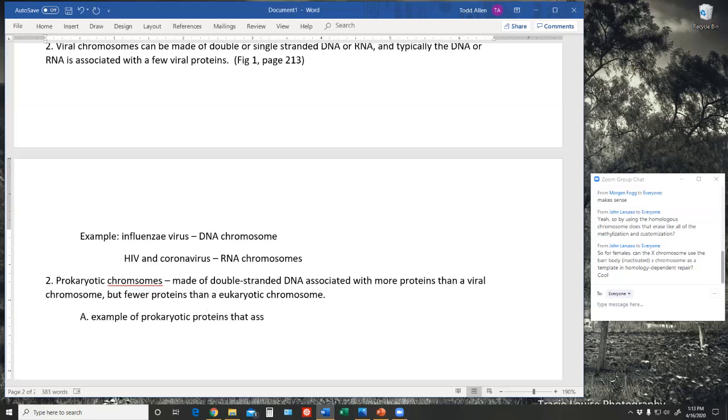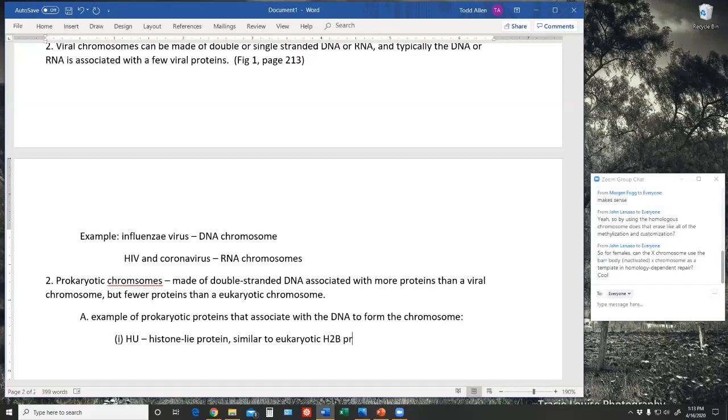That associate with the DNA to form the chromosome. This will not be an exhaustive list in any way, but prokaryotes typically have proteins designated HU, and HU stands for histone-like. If you're familiar with human anatomy and physiology, you remember that eukaryotic cells have DNA complexed with proteins called histones. Bacterial chromosomes do not have histone proteins, but they do have proteins that resemble histones. So this is a histone-like protein, which is similar to the eukaryotic